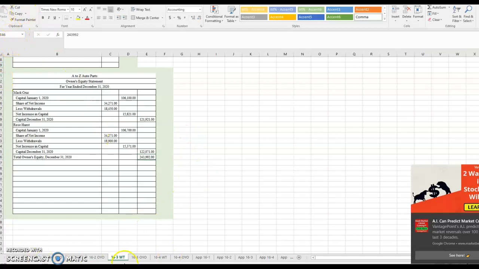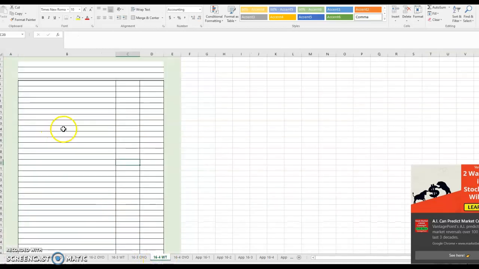So the last work together that we need to do is the balance sheet, and I've got another class coming in a minute. But the balance sheet, we would take all the information